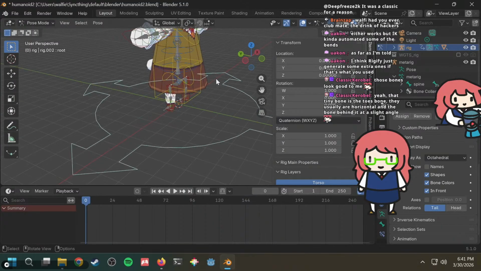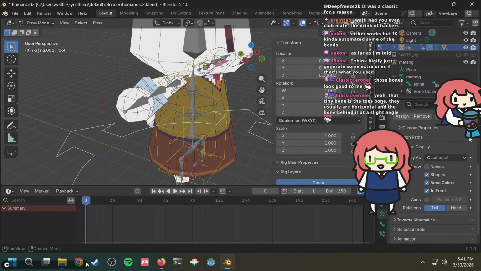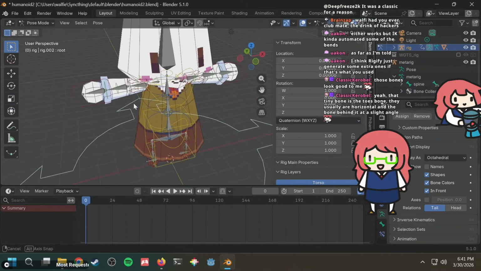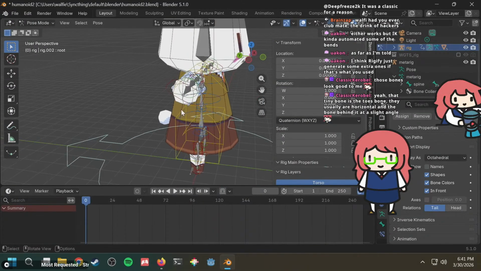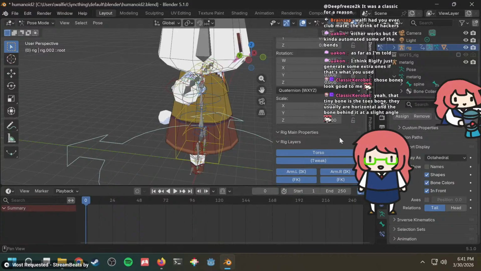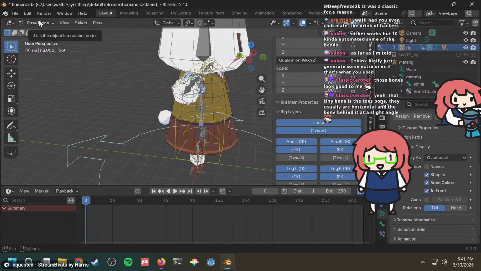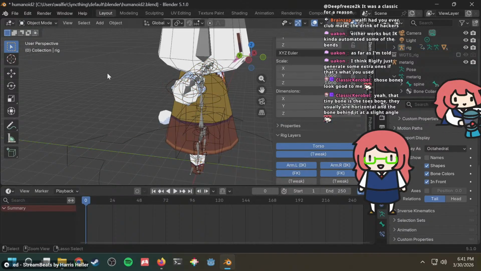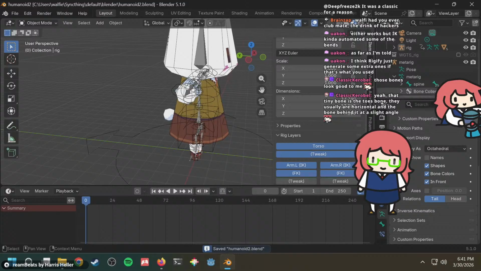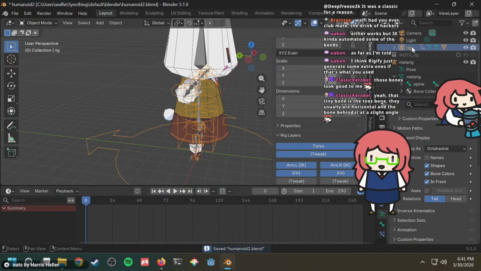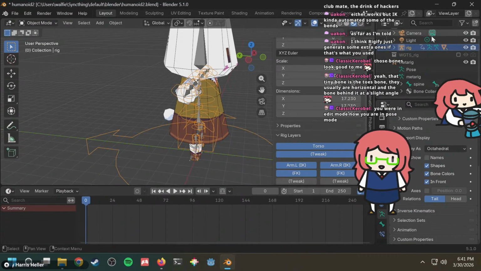Okay, so those other bones are not there. What happened to those other bones that I had last time? Now those are gone. There was a root bone that was this way. Now what happened to that bone? It's now gone. I was in edit mode.